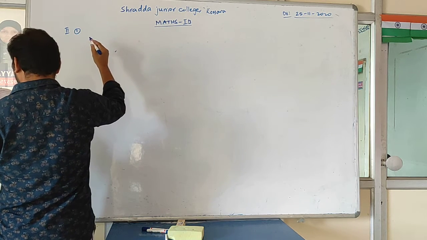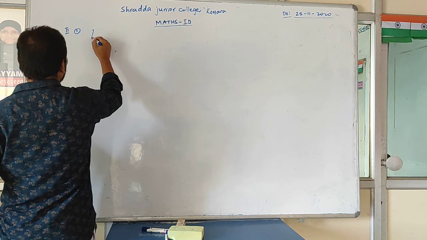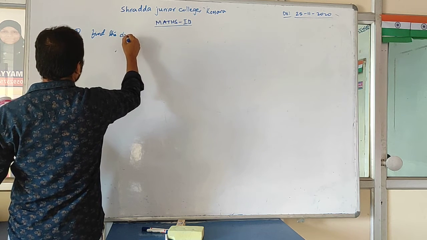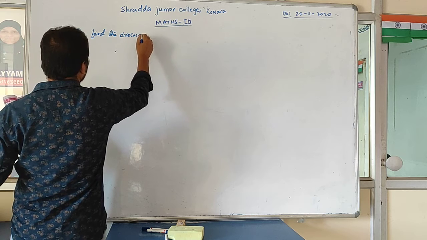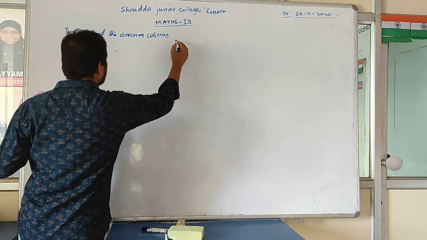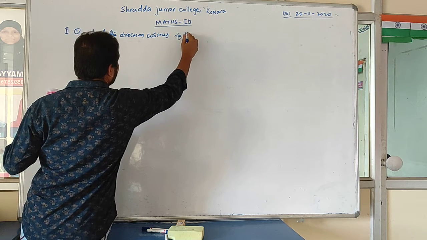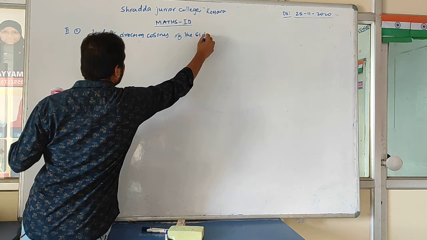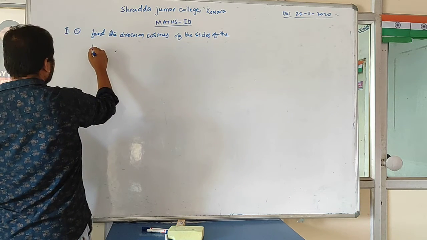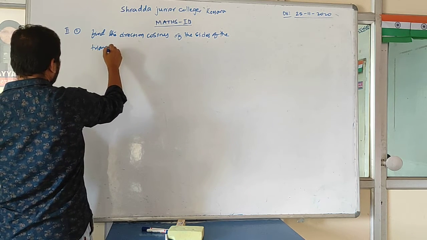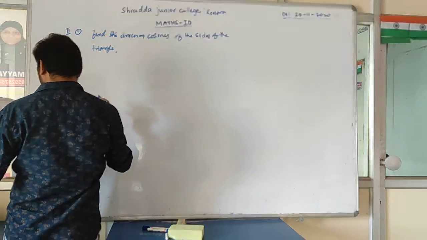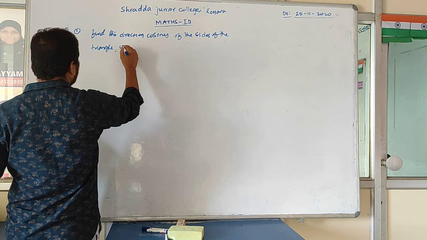First problem: find the direction cosines of the sides of the triangle whose vertices are